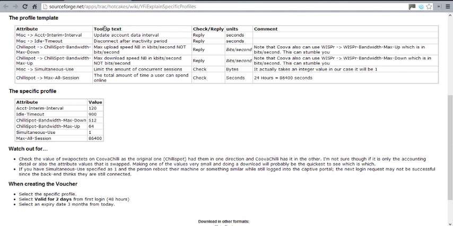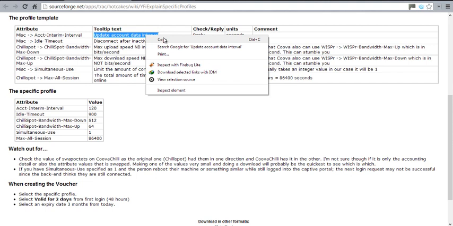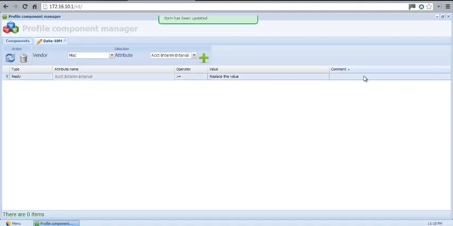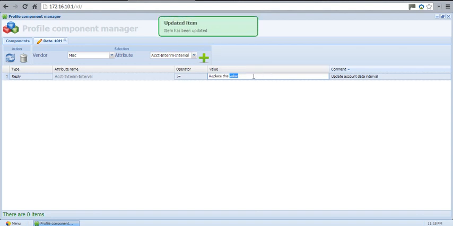Of course you can see we can say update account data interval. So let's just go ahead and add this and change this value. We want to check for accounting every 1 minute, so 60 seconds. All right, so you can see how easy it is to add some of this. So I'll just quickly go ahead and kind of